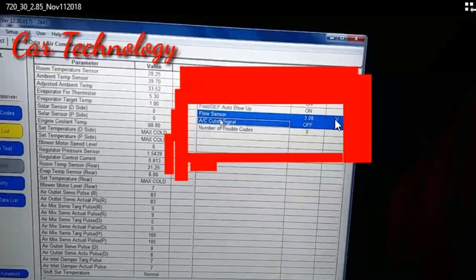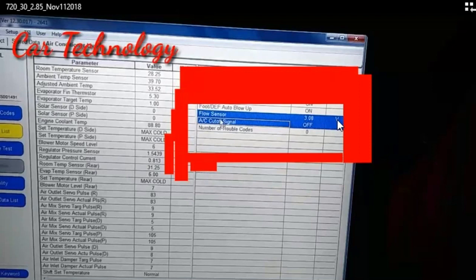But if the flow sensor voltage is over 4 volts, maybe there is a problem. Or maybe over 3.50, meaning 3.60 or 3.70 or more. If when you check the data list the flow sensor is more than 3 volts, it means there is a problem or abnormal.